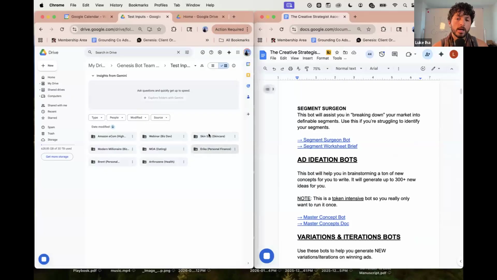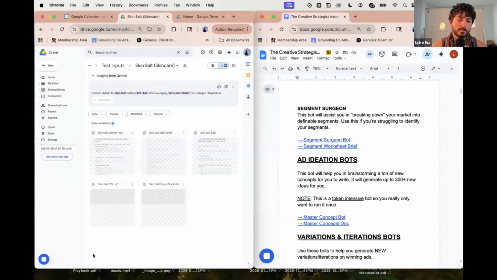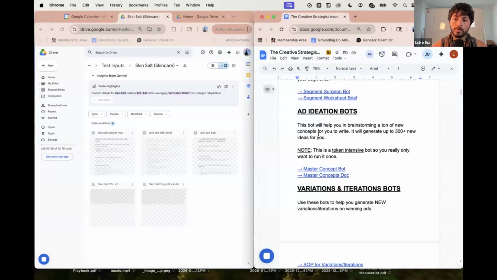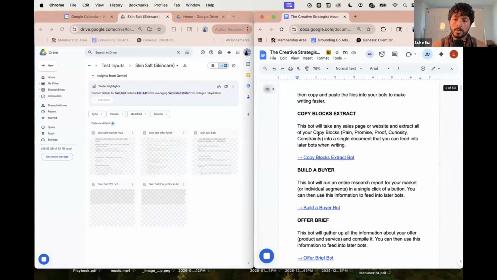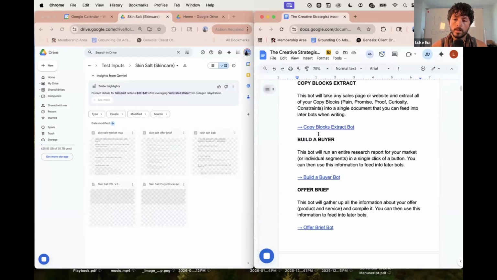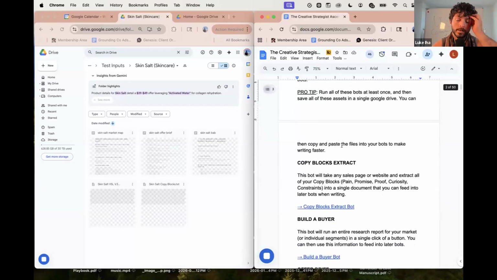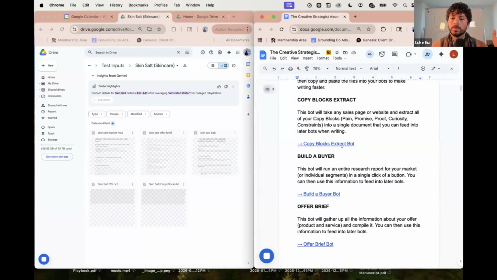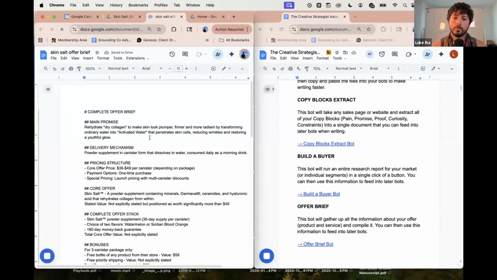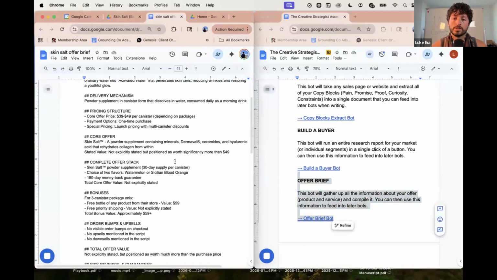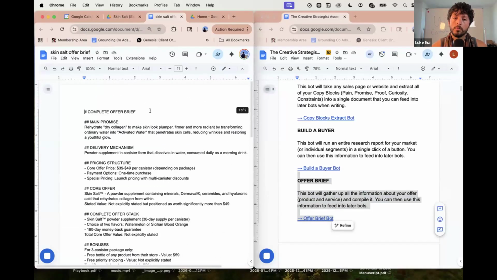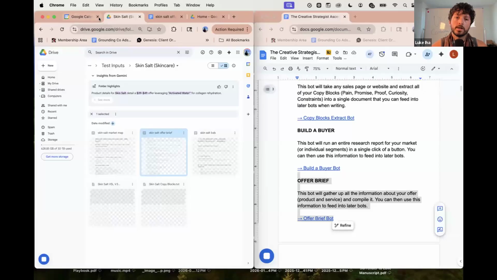So I'm going to use this example of a skincare product that I actually wrote the VSL for. It's a little different than other ones, but I think this will be a good pull. Okay. So let's say that I'm approaching this client, the first thing that I would do is create a lot of the assets that you see here. So I have things called, for example, the offer brief, right? I believe this is a bot that you guys have access to. Yep, right here. The offer brief is just basically going to break down all the things that are in the offer. I want this just so I have a quick reference to feed the bot of everything that's in my product.